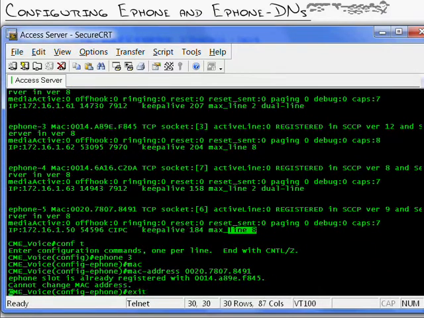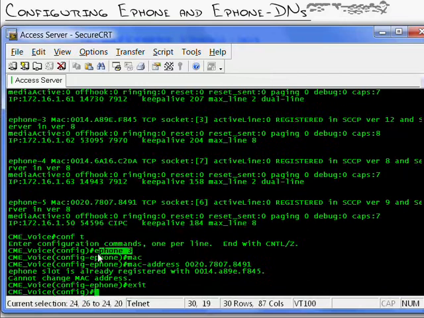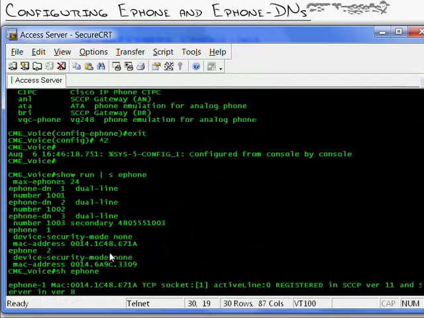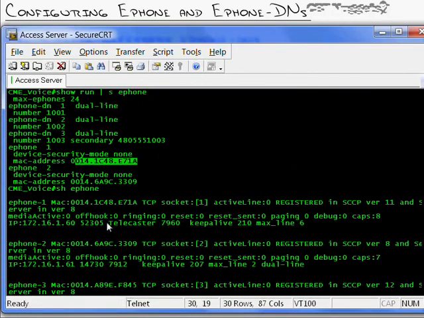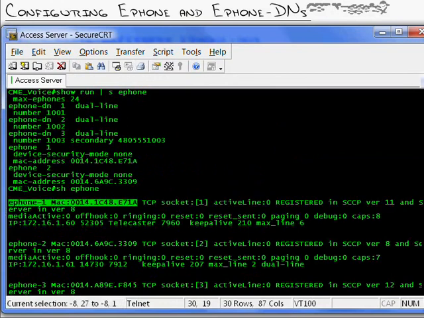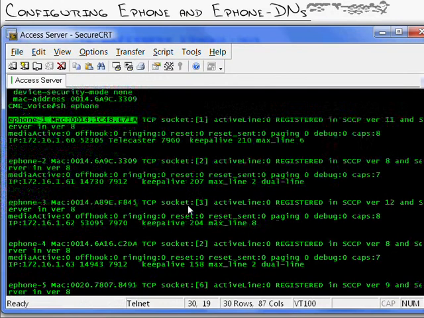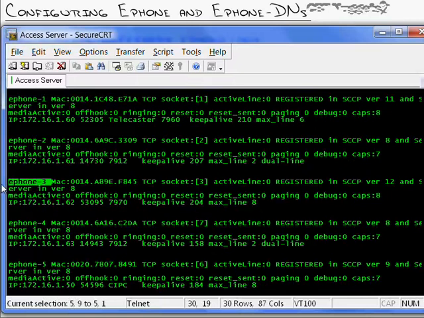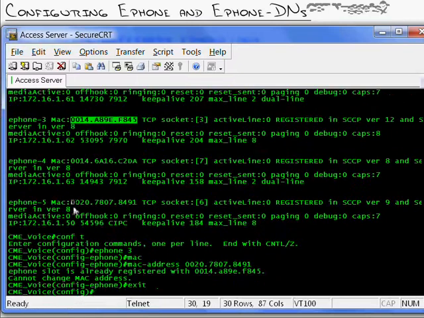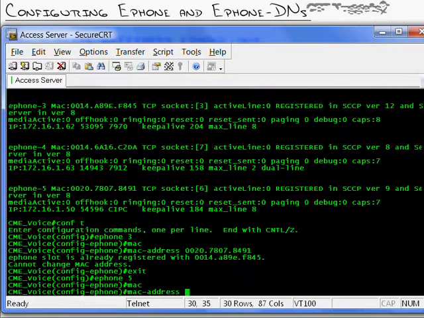Sorry about that. What I did was I created ePhone 3, which when I was creating the ePhones before, sorry, it took me a sec to catch on. You see ePhone 1 right there, and I did the MAC address of this, which, when you do a show ePhone, matches what the router has for ePhone 1. So what it's saying is, hey, I've already got an auto-registered phone at ePhone 3 with this MAC address, so you can't do that. So what I need to do is create ePhone 5, and I'll do MAC address